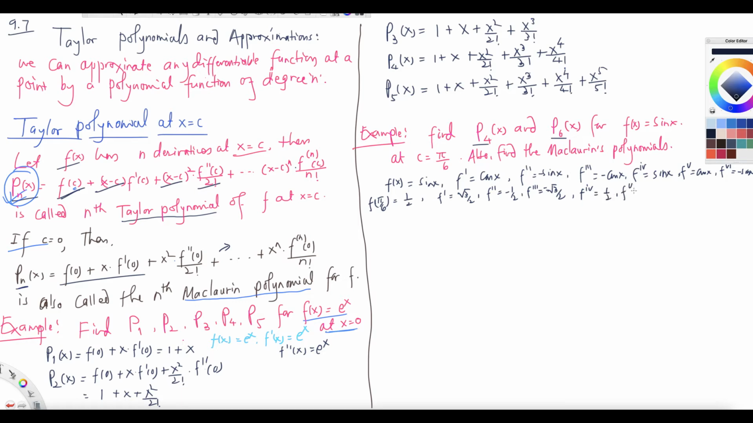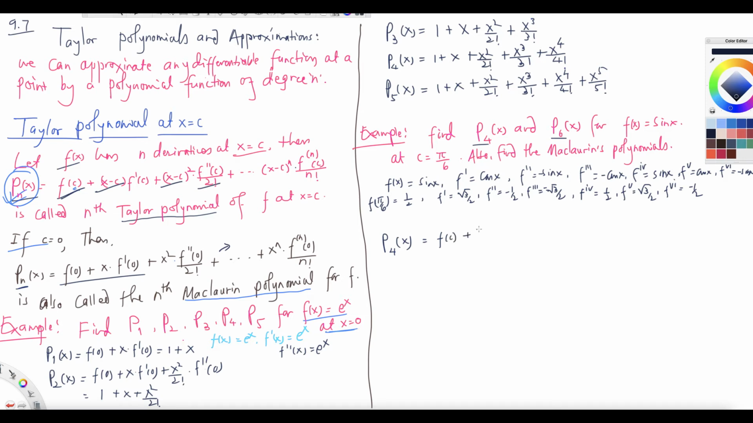Fifth derivative term will be root 3 over 2. And then sixth derivative term. So the sixth derivative term is f VI. It is negative 1/2. Let us find out P4(x). What is P4(x)? P4(x) is equal to, so the formula is f(c)